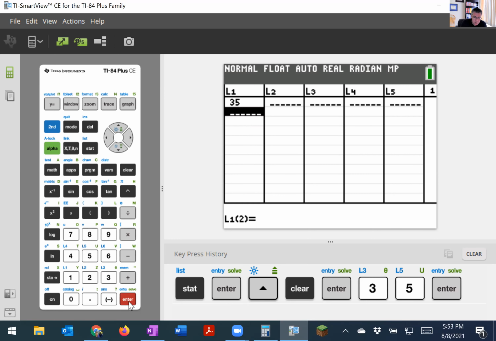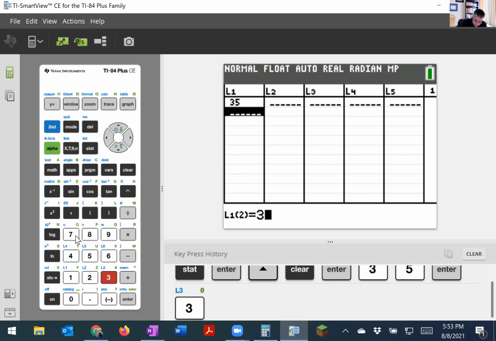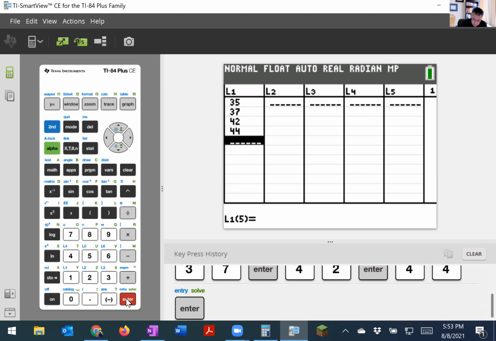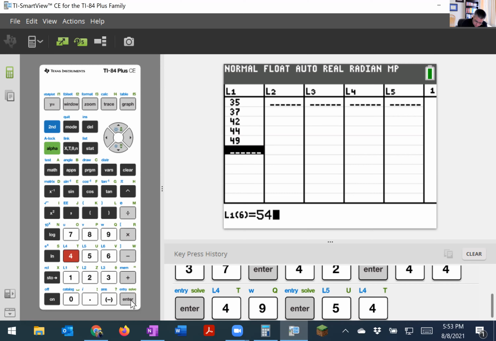Okay, and then we've got 37, click enter. Okay, and then we have 42, click enter. And then we have 44, enter. And then we have 49, enter. And then we have 54, enter. Okay, so now that we have this, I'm going to hit that stats key again,